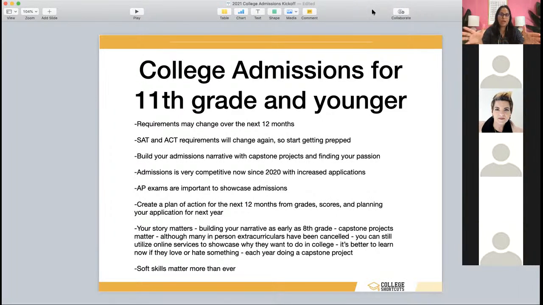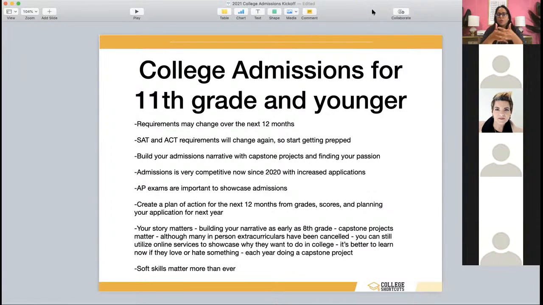AP exams still matter. Even if they're virtual, you've got to make sure that your kid is studying and has the right books, like the right thick books, to take those practice problems. They get higher scores, they get credit for those classes, and you don't have to pay for them in college. So imagine if your student gets 4s and 5s, which is the highest score on the APs, and gets into a great college and has 5 or 6 of those, you could save an entire semester of classes. That can be upwards of $30,000 to $40,000, depending on the university, of them getting ahead. So remember, it shows academic rigor and it saves you money.